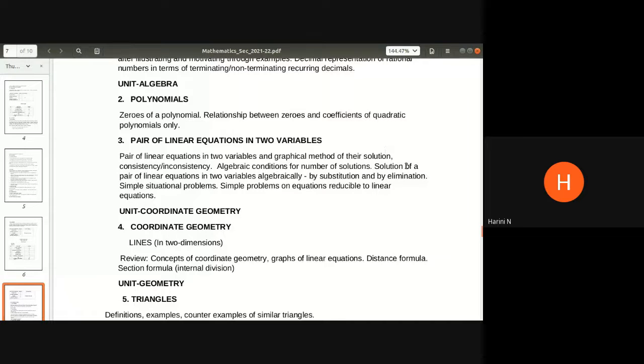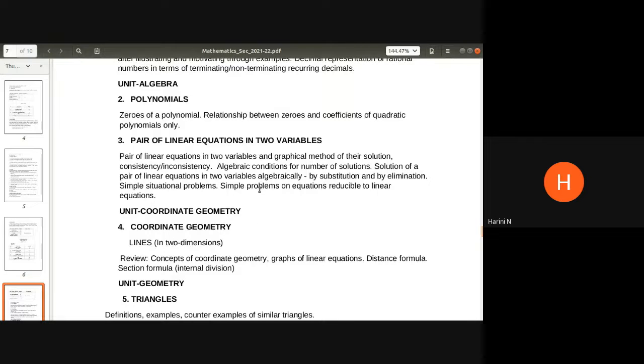Then moving on, solution of a pair of linear equations in two variables algebraically by the substitution and the elimination method. That means only these two methods we require to learn and be able to perform. We don't have to look at the cross multiplication method. All right. Then lastly, some situational problems where you are able to frame linear equations in two variables and also solve them to get the solution for a given situational problem. So this is all that is in store in the chapter for us.